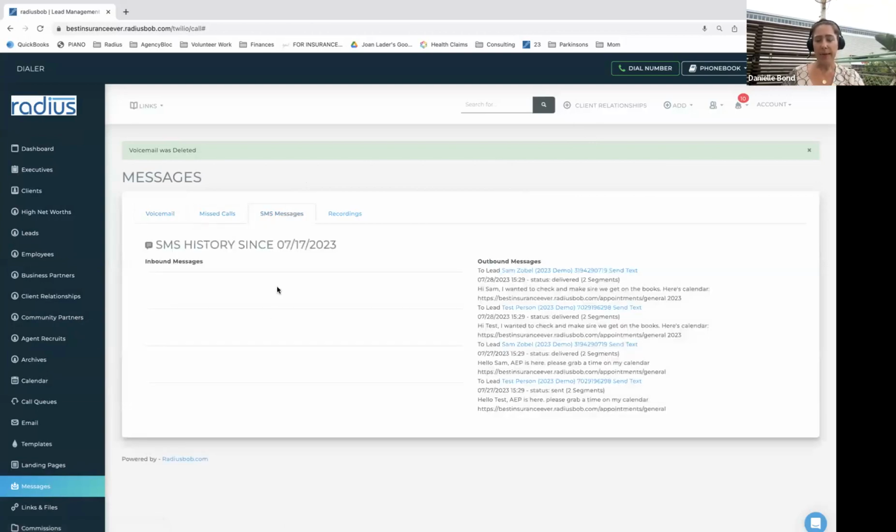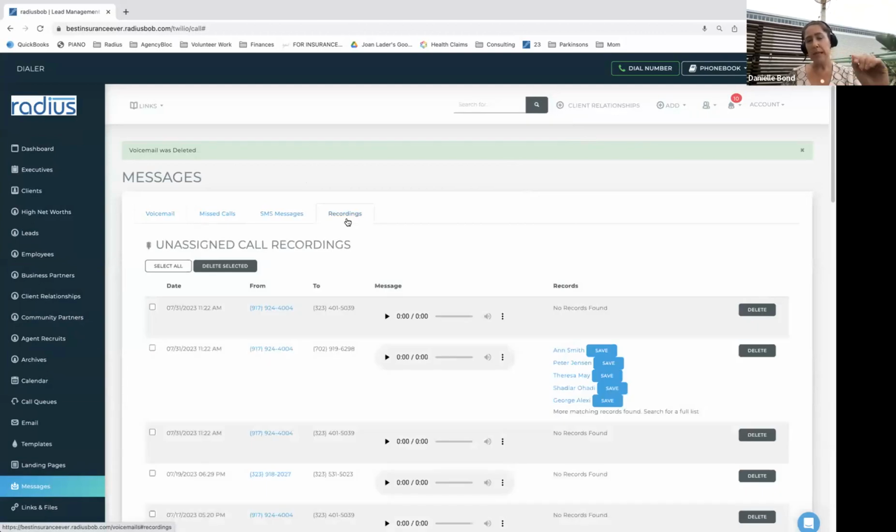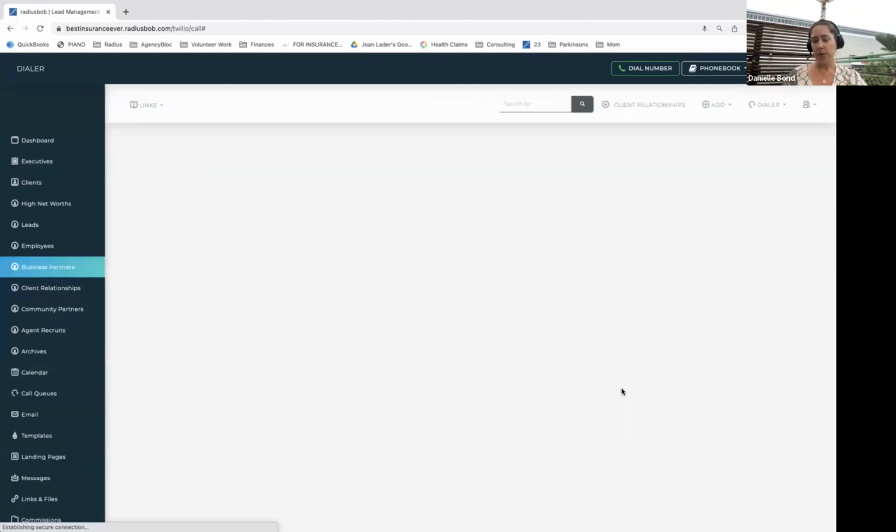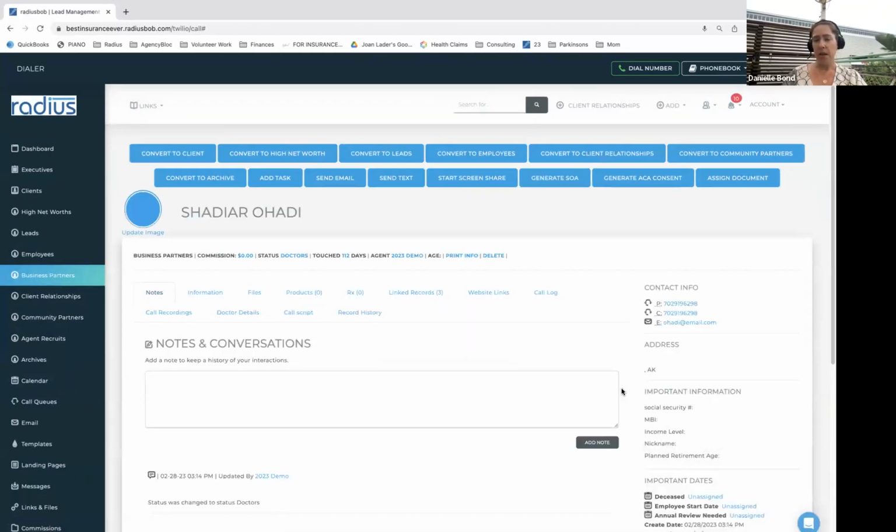I can check my SMS history for the past 2 weeks. And I can also listen to non-associated call recordings. So if I listen back to this and I hear that it's associated with a record that I already have existing, I can search for that person and add that number into their file. Or in this case, I've got multiple people with the same phone number. So I listen to it and then I say, oh, it's Shadir Ohadi. So I'm going to save that to her file. That's how you can then use those